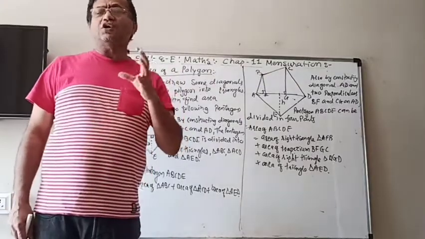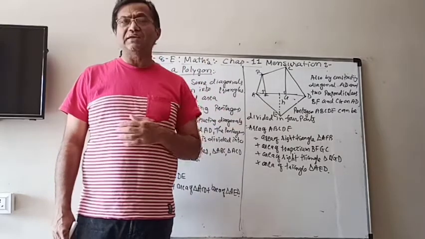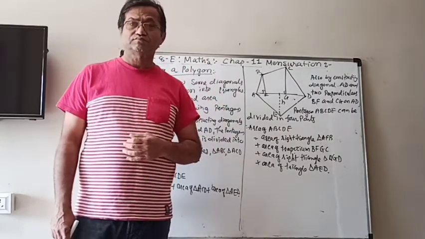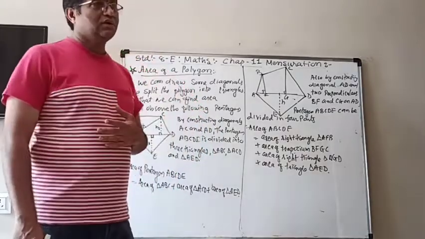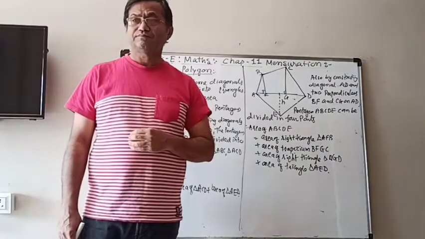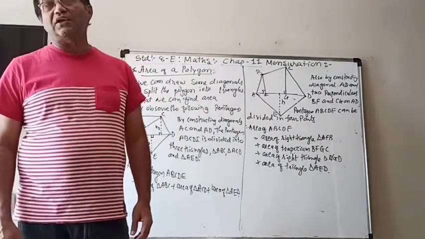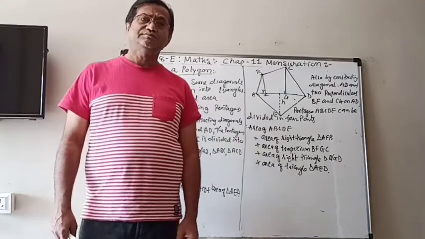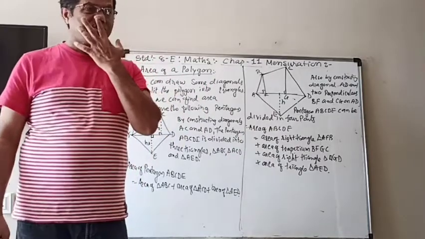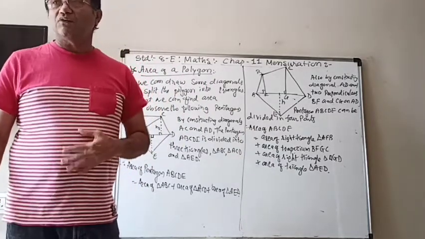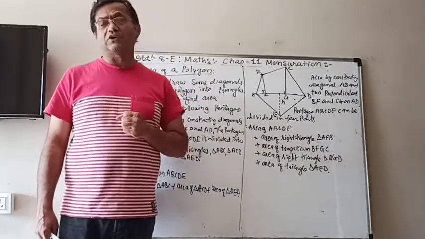Now we talked about the quadrilateral, but now if we extend our idea to any polygon, how can we find the area of a polygon? Because we don't have a special formula. So now, as we saw that when we draw a diagonal in a quadrilateral, the quadrilateral is split into two triangles, we can extend the same idea for the polygon also. Let us understand with an example of a pentagon.